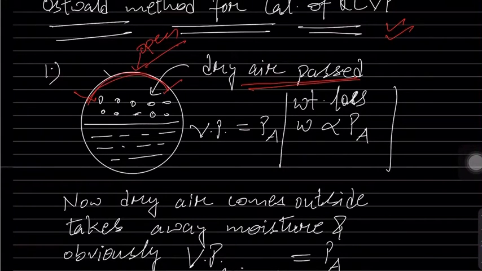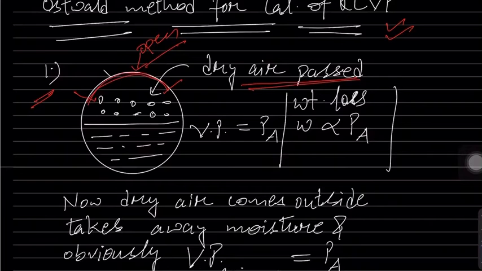For example, you have a cooler at your home. It is filled with water. What is the basic function of cooler? The dry air comes, it takes the water vapor from the surface of water, and then it throws the water vapor into the room, isn't it? It takes some water and thereby water level decreases, or you can say the weight of the solution or the solvent decreases, isn't it? So again, we are understanding 2-3 concepts. After that we will go into the theory of Oswald and Walker method. Without this concept it is impossible to understand the theory.